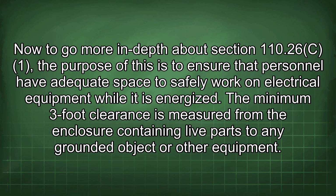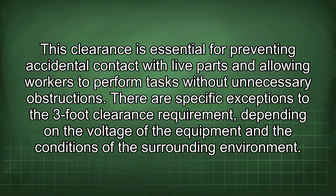Now to go more in depth about Section 110.26(A), the purpose of this is to ensure that personnel have adequate space to safely work on electrical equipment while it is energized. The minimum 3-foot clearance is measured from the enclosure containing live parts to any grounded object or other equipment. This clearance is essential for preventing accidental contact with live parts and allowing workers to perform tasks